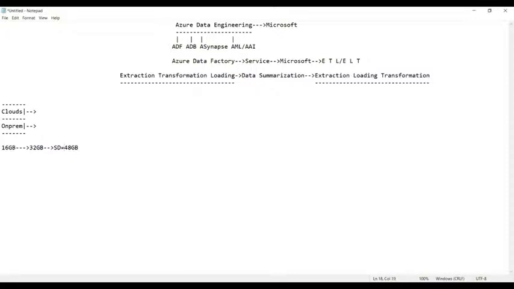Now the other question arises. Suppose I have to store some 500 GB of data right now. In this situation, what will you do? By external hard disk. That means you will not get the hard disk again.